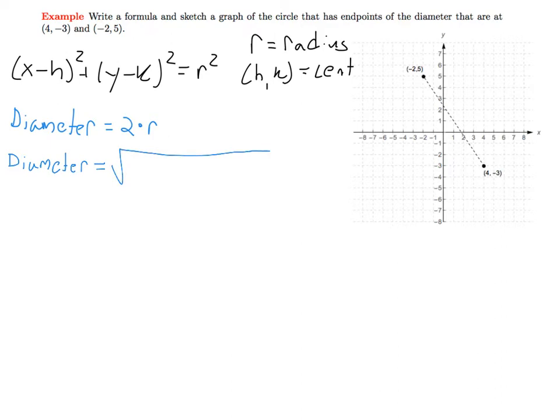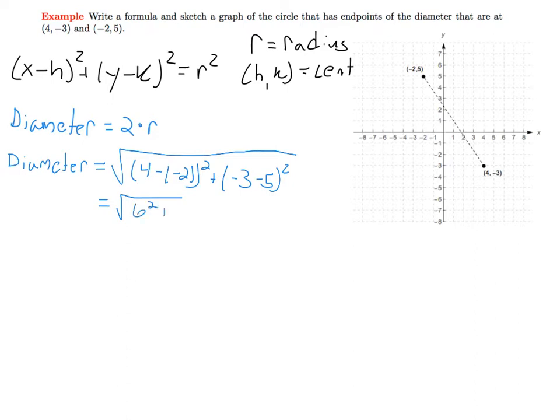that is equal to, using the distance formula, we would say what's the change in the x direction. So we go from 4 down to -2. So that's 4 minus -2. We square that, and then we add to it the square of the distance between the y coordinates. So we go from -3 to 5. We square that. So this, we see the diameter here, that gives me 6